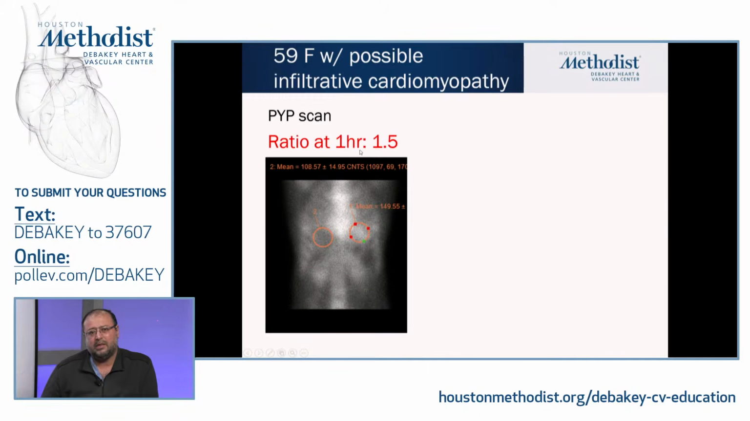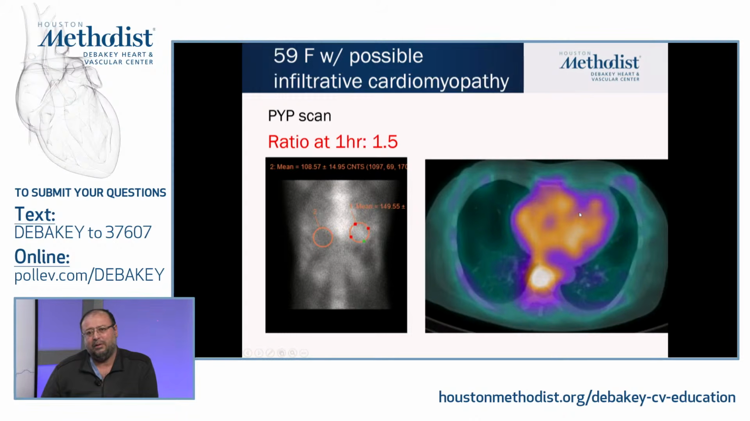So here are some examples. Here the ratio at 1 hour is 1.5, and now you see that the uptake is all in the blood pool. So I don't see any myocardial uptake. So even though I have a ratio of